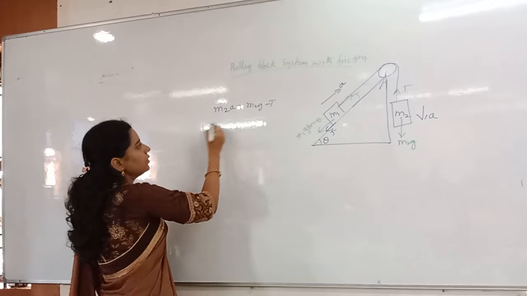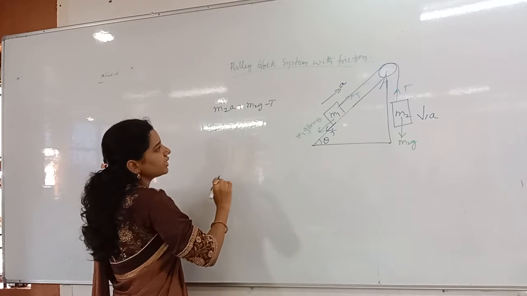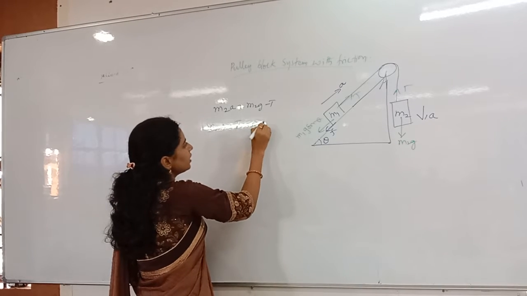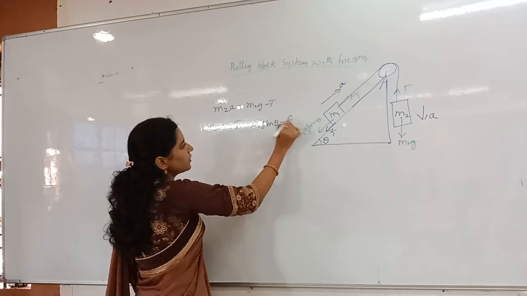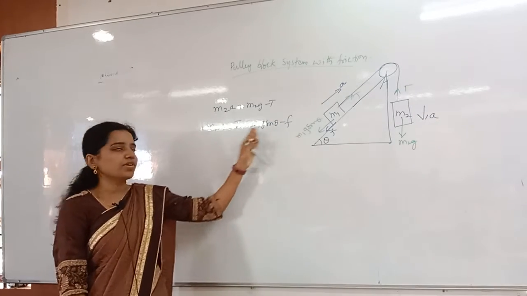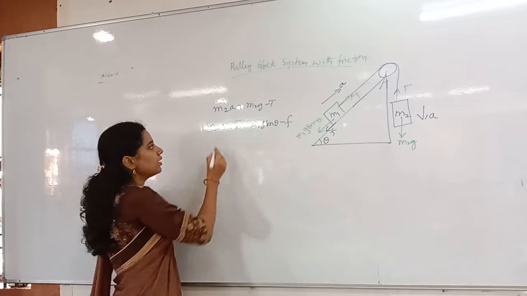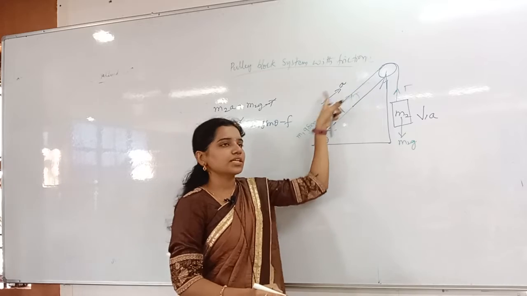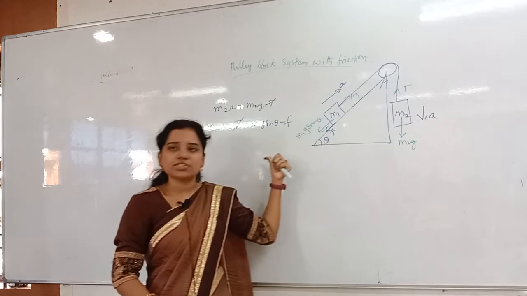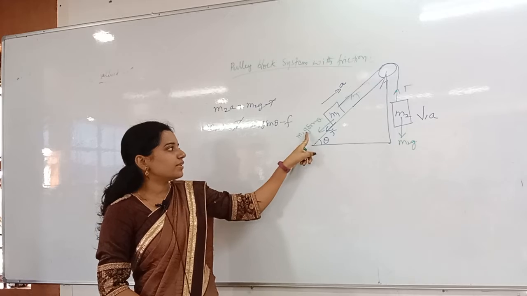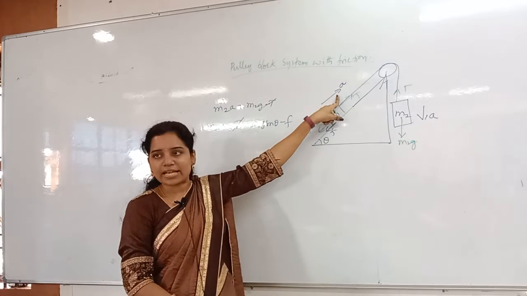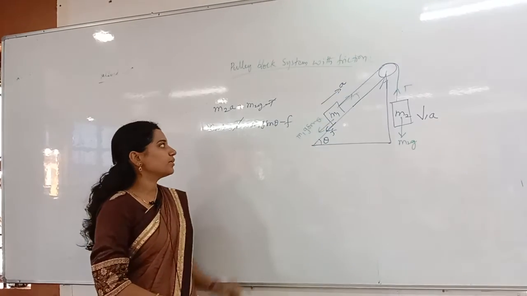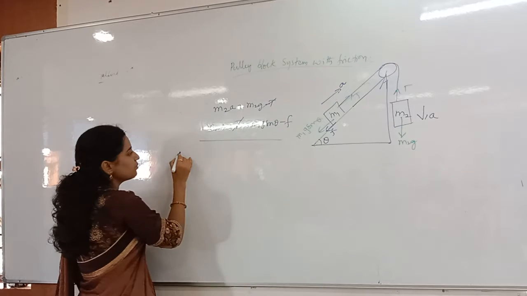Now m1a is equal to what I can write? m1a is equal to T minus m1g sin theta and then minus friction. Otherwise, minus mu N also you can take, there is no problem in that. Now tension gets cancelled here. Acceleration is there in which direction? Upward direction, so friction will act in downward direction. So friction and m1g sin theta are opposing the acceleration, so only they are minus here. Tension is supporting that, so only T here. Now T gets cancelled. What is remaining for us?